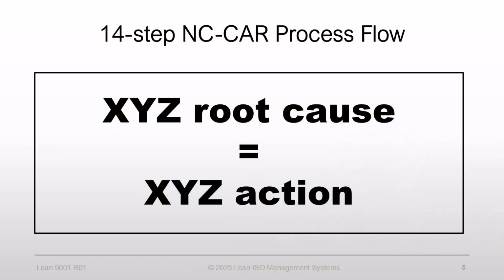This happens because many organizations fail to train their people in a common-sense NCCAR process. The rule here is simple. Root cause equals action. If the root cause was inadequate maintenance, the first action must directly address maintenance. If the root cause was flawed validation, then the action must clearly involve validation. Follow-up actions like revising documents, updating procedures, or training come afterward, but the first action must directly respond to the